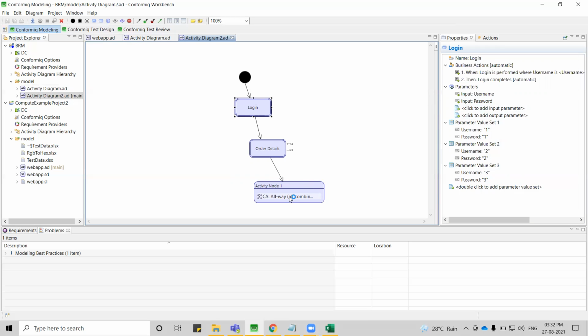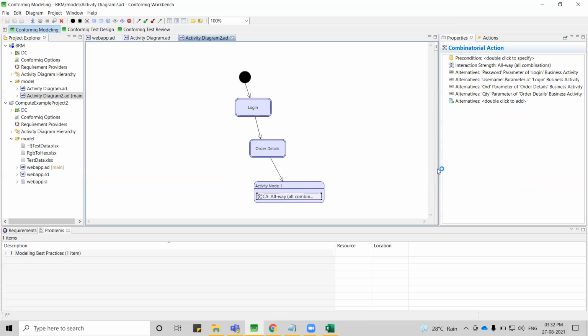But now it is possible to have combinatorial action on parameters related to multiple activity nodes. So this is all about how we use combinatorial action on top of business nodes.